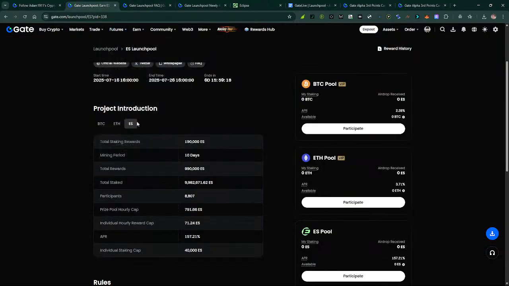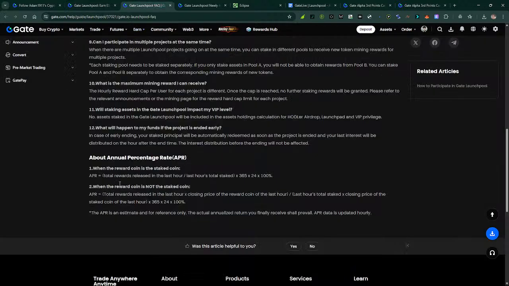Okay, so basically this formula is going to work on the ES pool, because here the reward coin is the staked coin. And the second one is when the reward coin is not the staked coin, then the APR is going